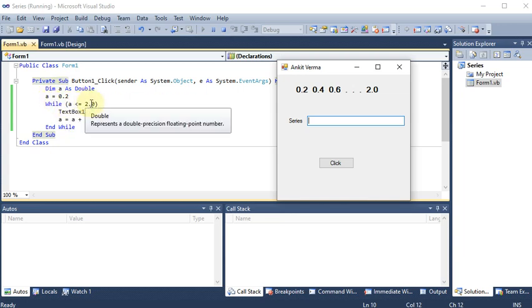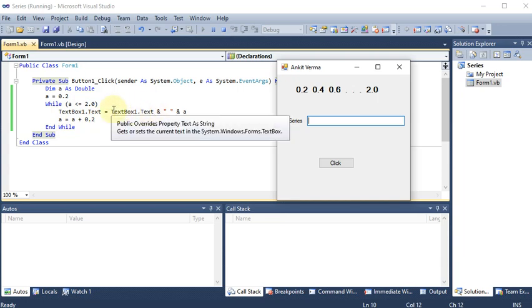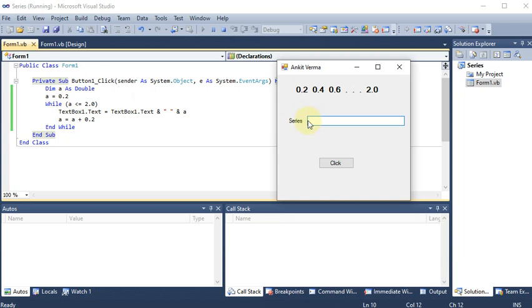Now A is less than 2.0, perfect. Then text box 1 dot text means previous value. What is the previous value? Nothing. Nothing concat with one space and concat with A. What is the value of A? 0.2. So here with one space 0.2 will come. Then afterward it will be stored into the text box.